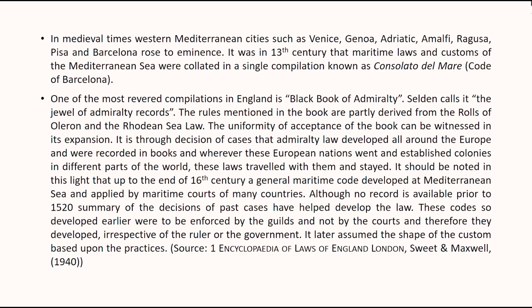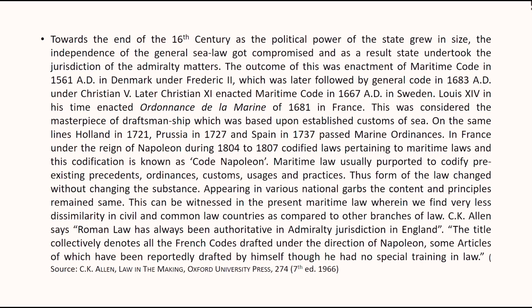It was in the 13th century that maritime laws and customs of the Mediterranean Sea were collated in a single compilation known as Consolato del Mare, that is, the code of Barcelona, which is one of its kind. One of the most revered compilations in England is the Black Book of Admiralty, as we have already discussed this particular part. Now, taking into account all of these backgrounds, we see that towards the end of the 16th century, when we say that